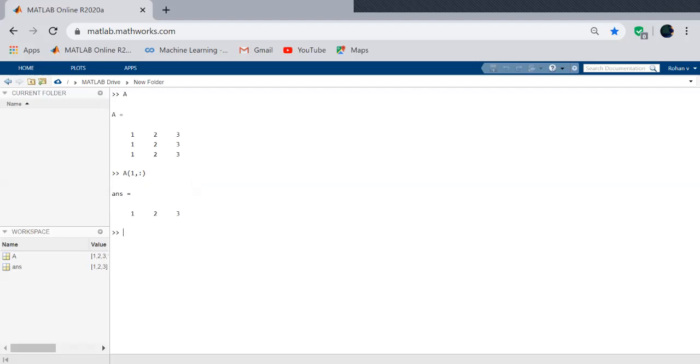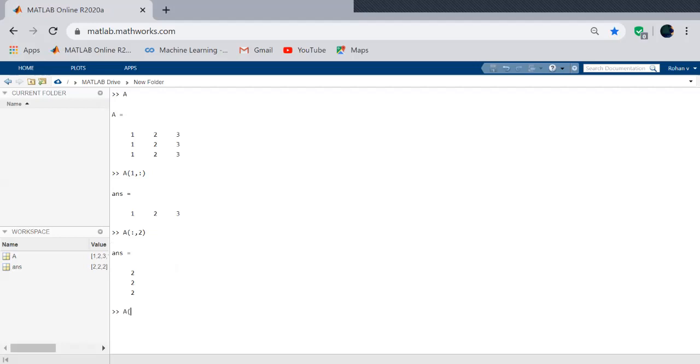Similarly with the column, you can write all the rows, and which column you want. And see, we got the 2. How this works is you're telling you want all the elements of the rows, and then the second column, all the elements of the row. You get 2 2 2.